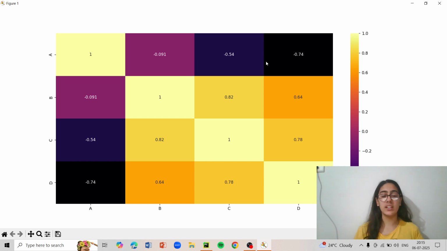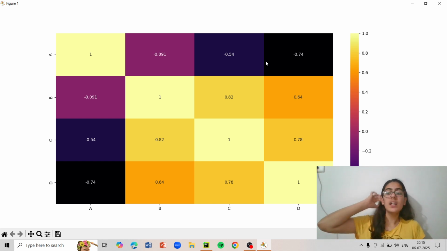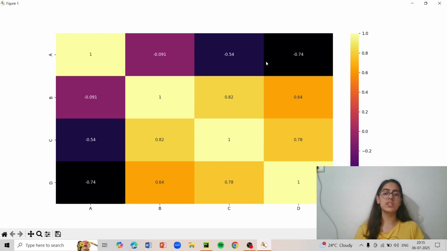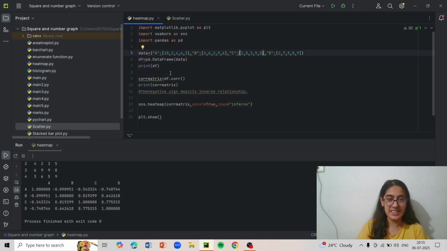For example, over here I have done it so that the closer it gets to 1, the brighter it will be, because the more the better. And the further down it goes the number line, the more negative it goes, the darker it will be. So the darkest is at minus 0.6 and the brightest is at 1. So what are these values, you may ask? Let's go to the code to see that.